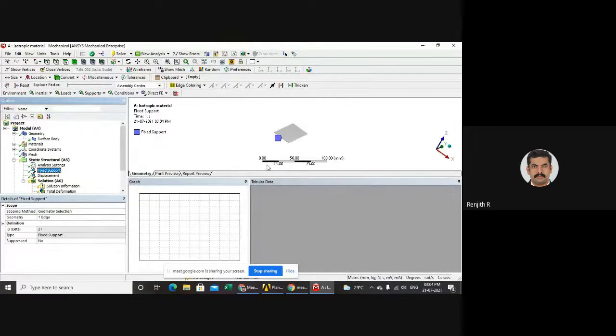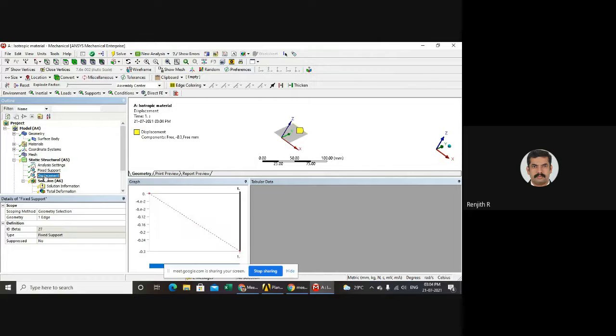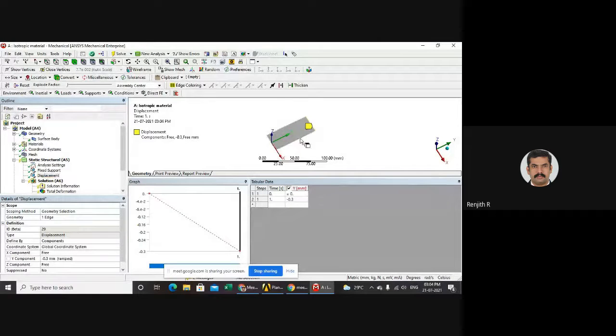Then this is the boundary condition which I gave. Boundary condition means if you want to do a tensile test, one end of the piece is fixed, and on the other end you will apply some force. The same concept applies here. One end of the shell, the surface, is fixed. You can see this is the fixed support. On the other support, I have actually given a displacement. This is what is called a strain controlled method, which means you will give the displacements. So I have minus 0.3 millimeter as my displacement. So irrespective of the forces, it will push in this direction up to 0.3 millimeter. So that's the concept here.